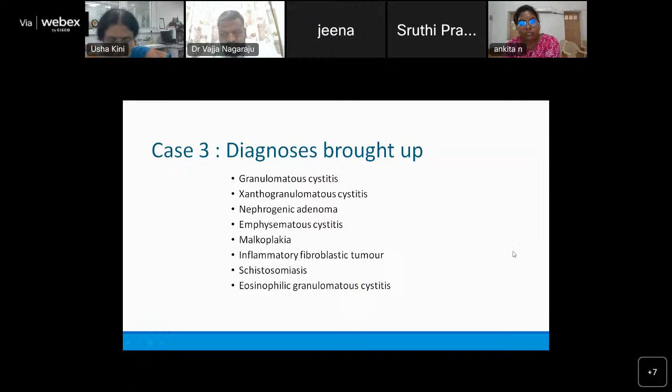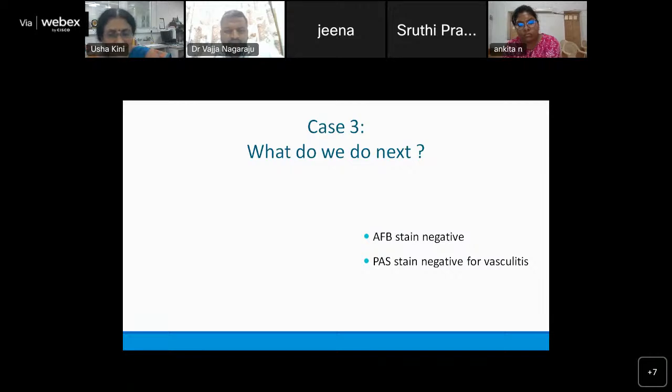Eosinophilic granulomatous. Yes, there were eosinophils, but these are all very descriptive. But do we have a specific cause for this? Someone thought of an angiomyolipoma, which I don't think it is, because we didn't have any of those elements. So what do we do next? ZN needs to be done. Yes, it was negative. PAS also. Yes, it ruled out vasculitis, which I always think of, sometimes when not, your eye should go for blood vessels, because that's one which you need to exclude in all your biopsies, even though the clinical scenario may not be given to you.